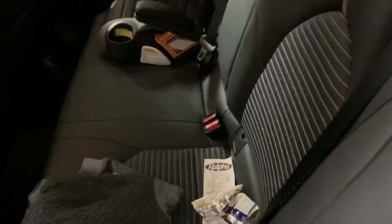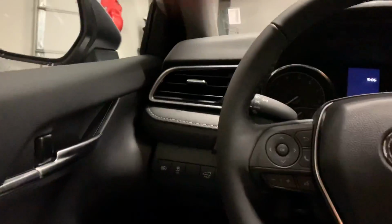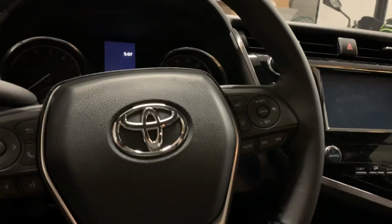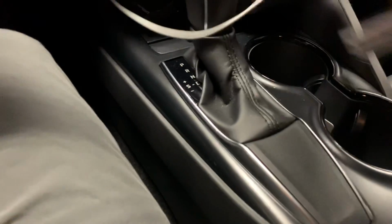So let's put these back up. Super easy to do. Back seat's plenty roomy, and again, this beautiful fabric and nice stuff on the seats, and, you know, pirate's booty wrappers that come standard. Let's get inside. It's got a nice substantial feel to it. Door closes pretty nicely, I mean, for an economy sedan. Just the standard fare. Nice size cup holders. Good storage area here,